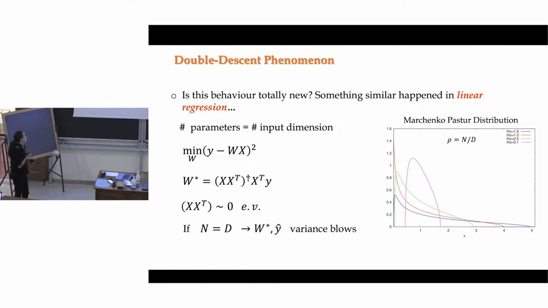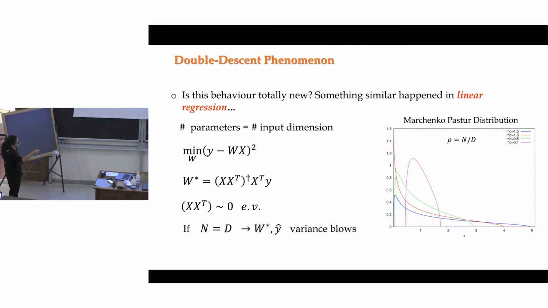If you do that and you start looking at the spectrum of your covariance matrix, of course you need to go to some thermodynamic limit, because if you want to have this kind of continuous spectrum, you need to go to some sort of thermodynamic limit. So D goes to infinity and N goes to infinity, but they go to infinity in a comparable way, okay? You see that depending on the ratio of the number of samples you have and the dimension of your input space,